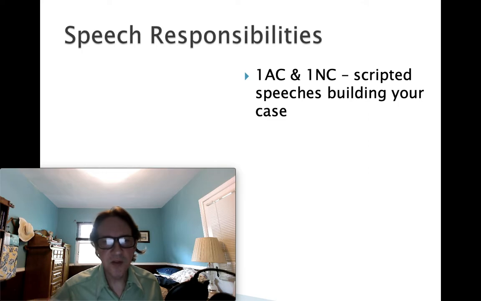The 1AC and the 1NC will be fully scripted speeches, which are building your case, right? You're going to start to defend the points of contention we talked about in the topic overview lecture, and that we'll see more of here in a moment. So this is fully scripted. You can read these speeches. There's no delivery grade for these debates. It's all about the content. So I'm not worried about eye contact or how many times you stumble over a word or something. Obviously, you should try to not be monotone, but you can script these speeches in advance